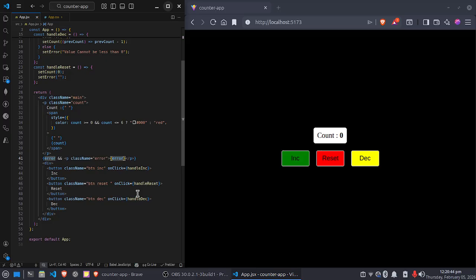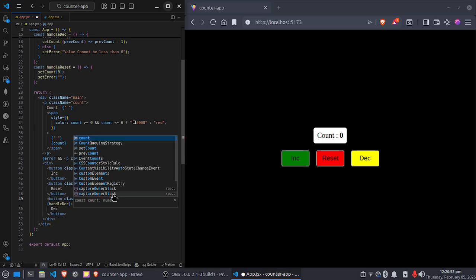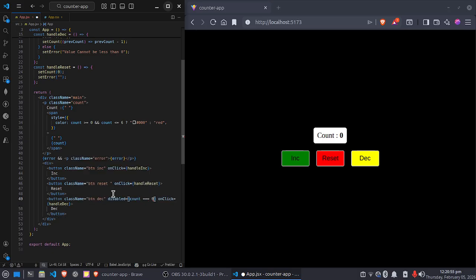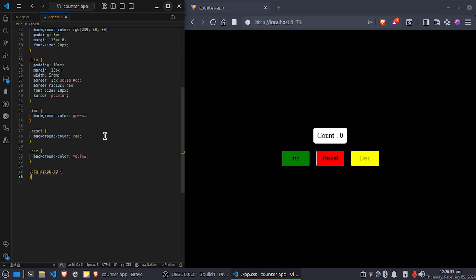First I have to give here the disabled in this button, disabled when count equal to 0, then it shows,